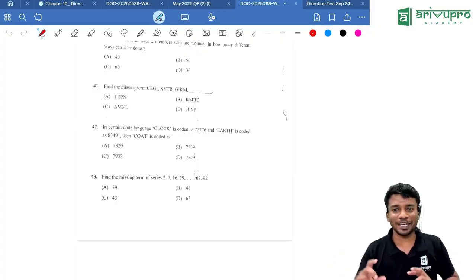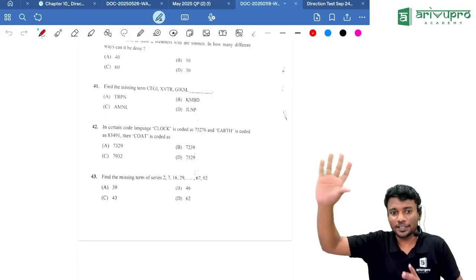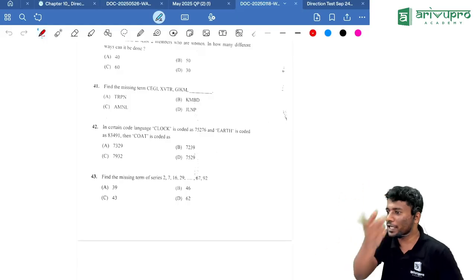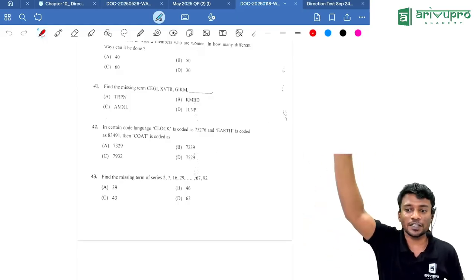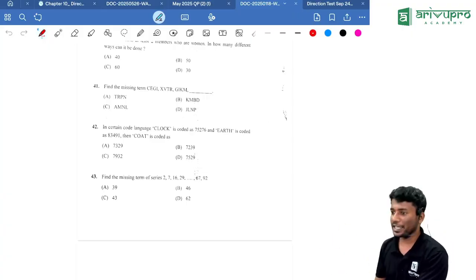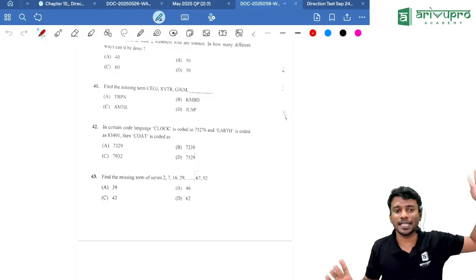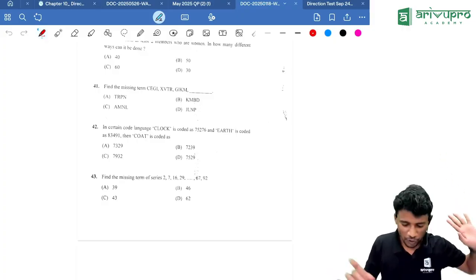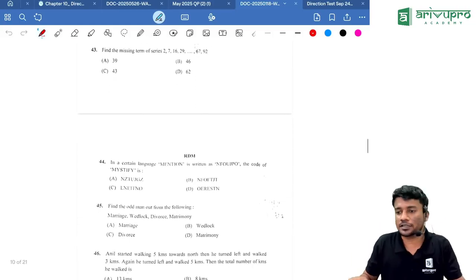Sometimes the questions will be from stats first, then LR, then the maths part can also be there. Sometimes it will be mixed. Initially they will start with maths, then LR, again maths, then stats, then again maths. That can also happen. Chapter wise mixing can happen. It is bound to that. So never feel panicked over that.